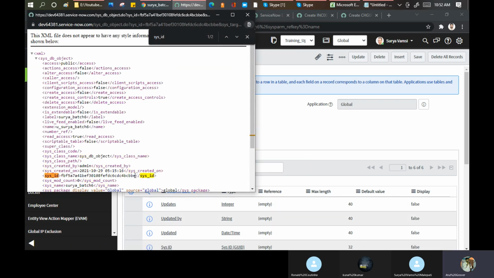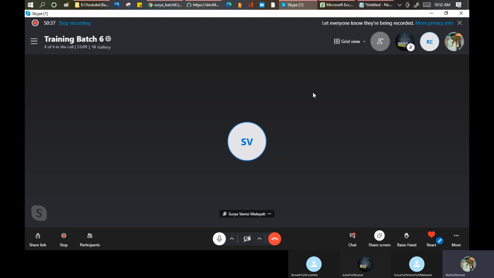This is the SysID for the Surya table. Is the doubt clear? Is the question clear? Any confusion here? Anyone? Tell me guys, any doubt, any question? No, I'm fine. No. Surya?